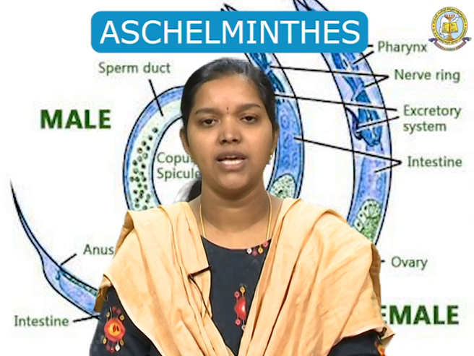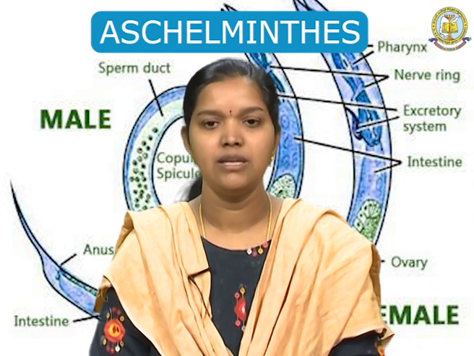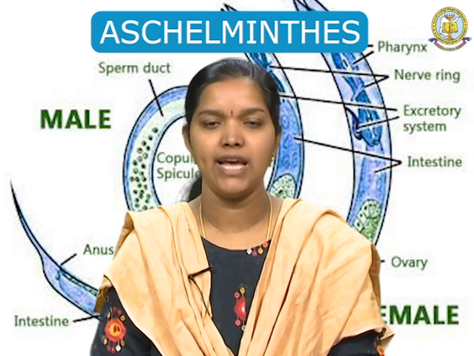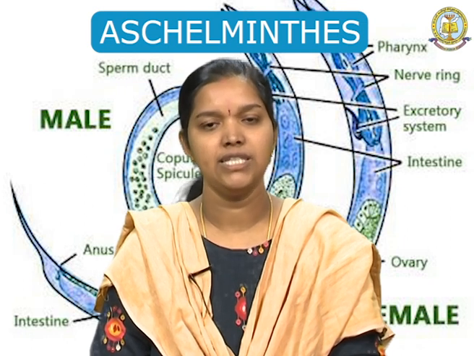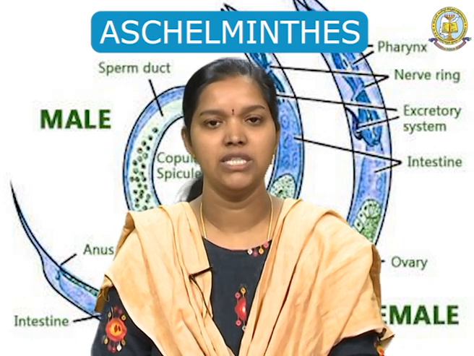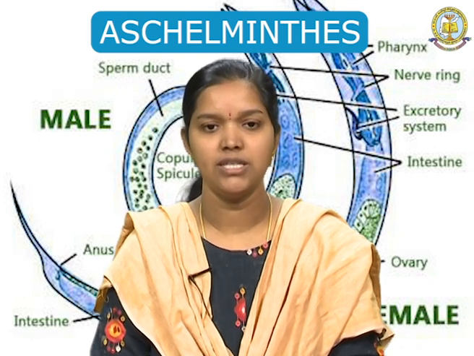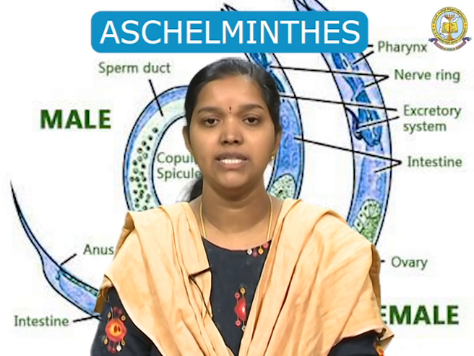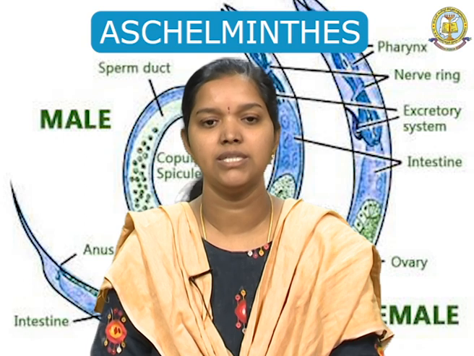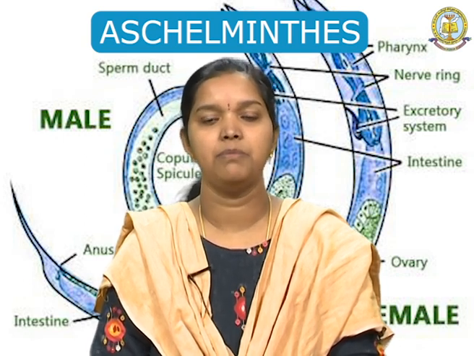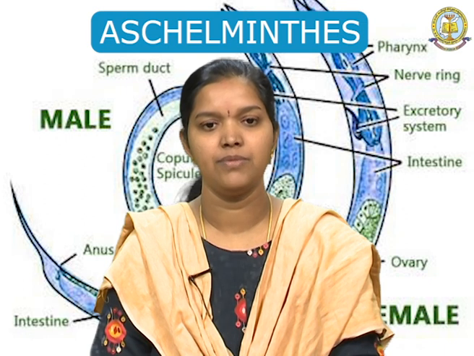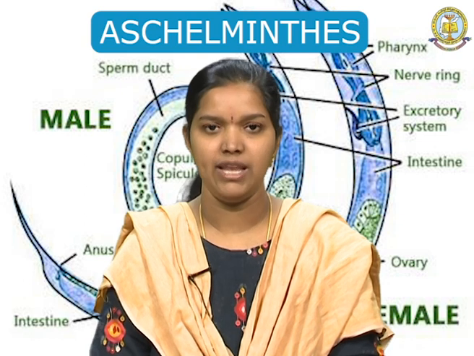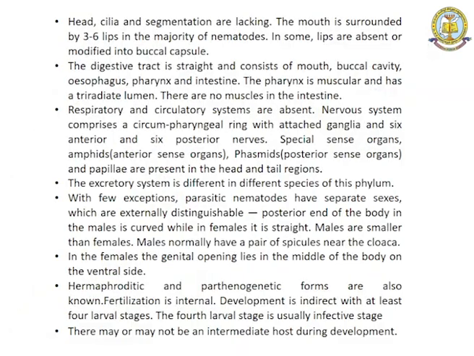And the respiratory and circulatory systems are completely absent, and the nervous system comprises a circumpharyngeal ring with attached ganglia, with 6 anterior and posterior sense organs and nerves. So, there are special sense organs called amphids and phasmids. Amphids are the anterior sense organs and phasmids are the posterior sense organs, and papillae are present in the head and tail region. And the excretory system is different in the different species of this phylum,